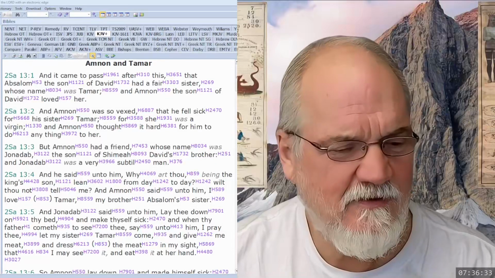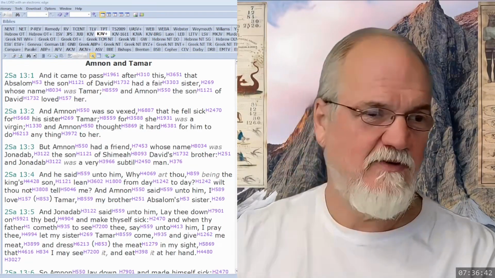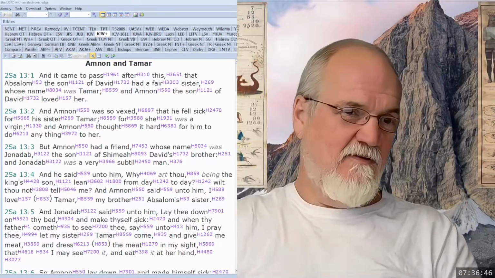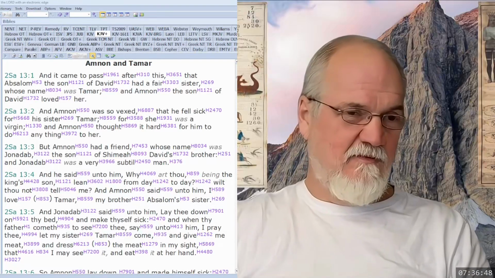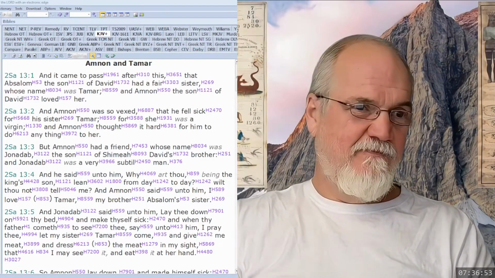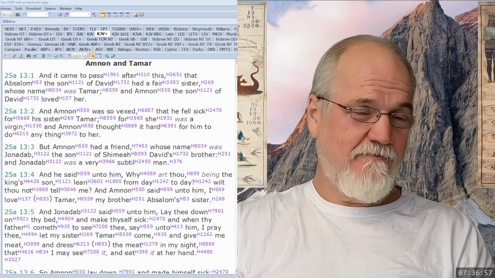What do you mean did nothing? He should have punished Amnon immediately. Oh, yeah. So in this story, he doesn't do any punishment. He didn't do anything to punish Amnon. He didn't do anything to punish Absalom. And when we recognize the point that this went on for a period of 2 years.